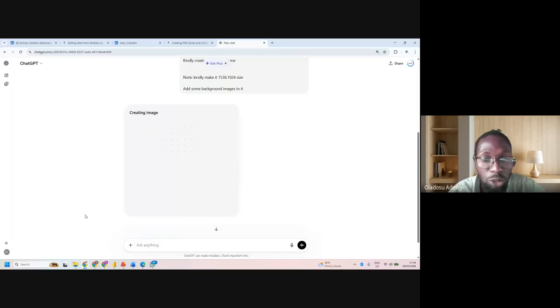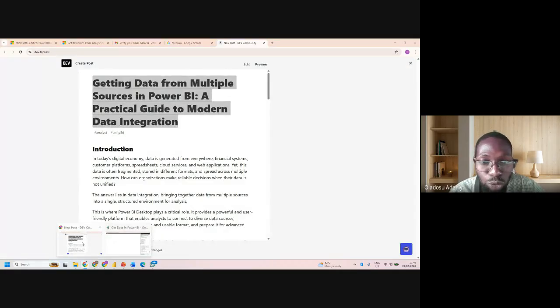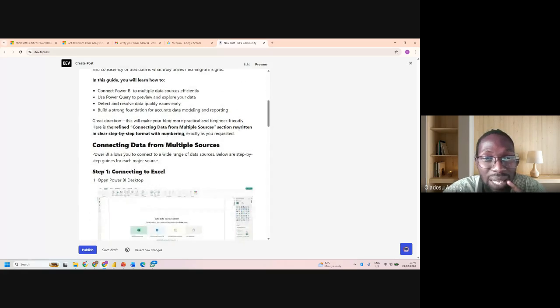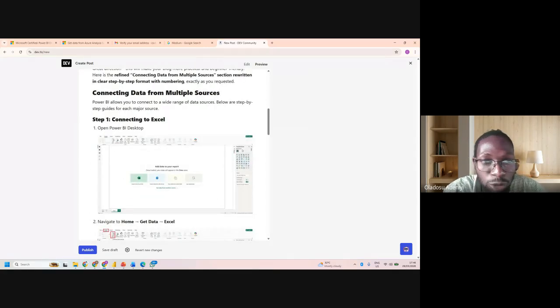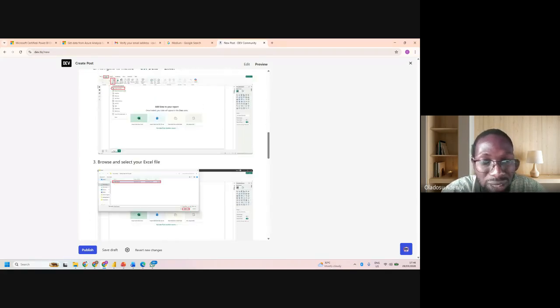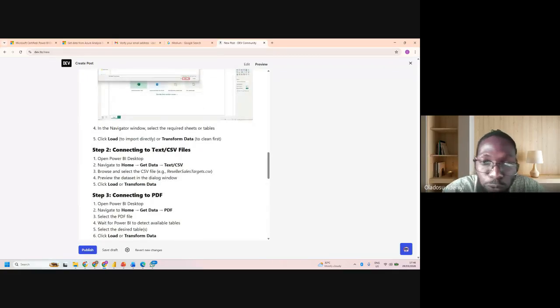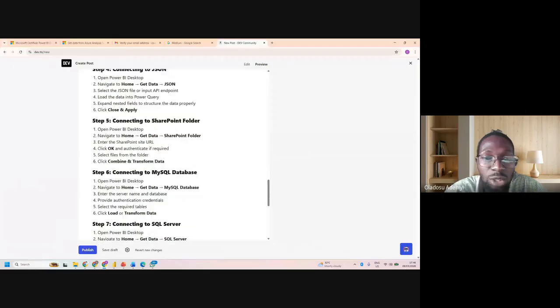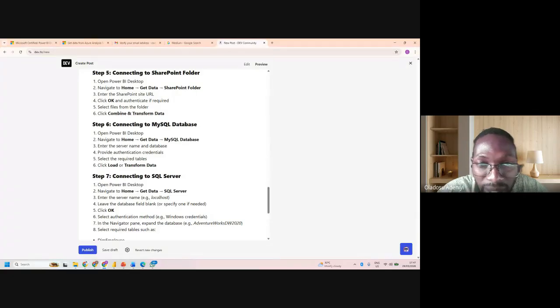So now if we go back to this, the next thing is, I've done getting data from multiple sources. Now it is your duty to do it for text or CSV, PDF, JSON, and SharePoint folder, even though you do not have the URL. Do it for a MySQL database.